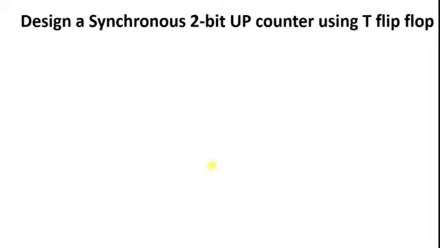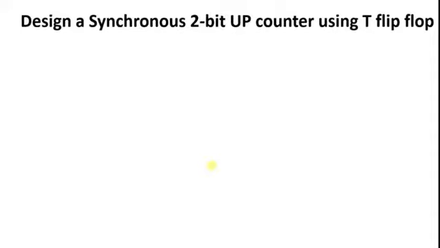So this is the question right now. Design a synchronous 2-bit up counter using T flip-flop. Now the foremost, very important thing is that in the case of synchronous type, we are not at all concerned about whether the flip-flop is positive edge triggered or negative edge triggered. It does not make any sense in synchronous design. But in the case of asynchronous type, if it is positive edge triggering, then the connectivity will be different; if it is negative edge triggering, the connectivity will be different. In synchronous type, there is nothing like that.